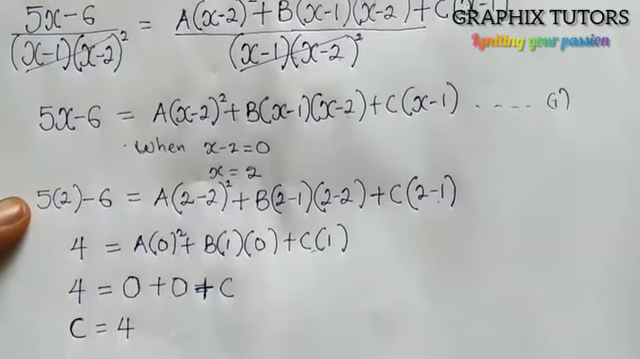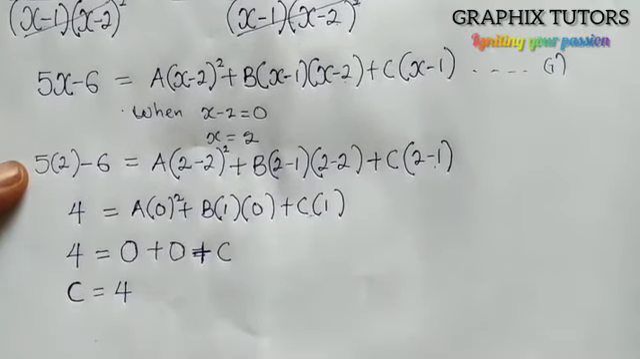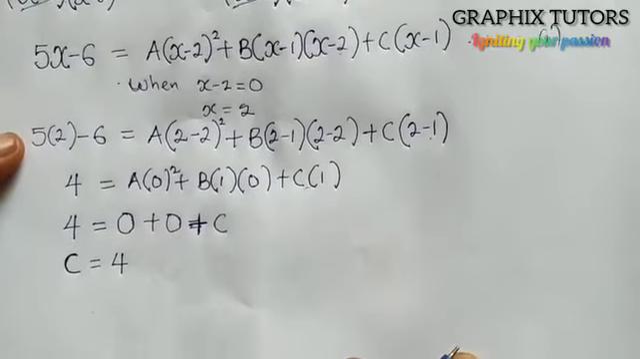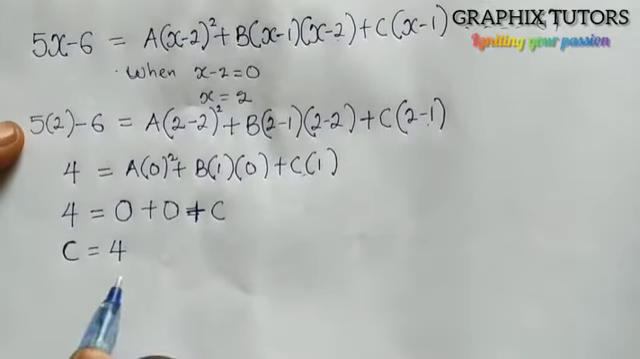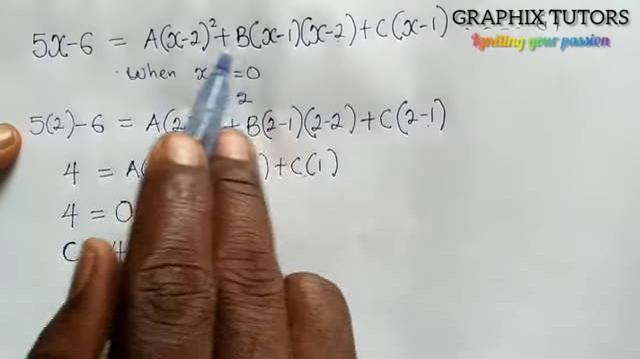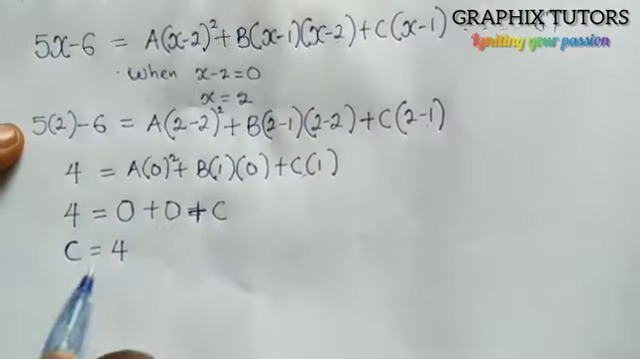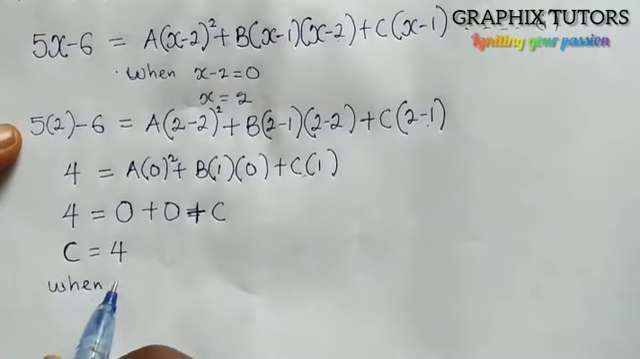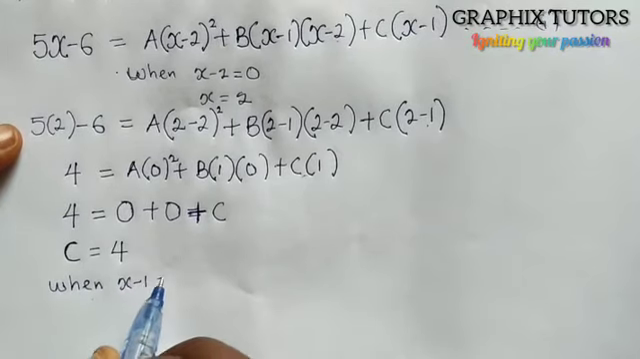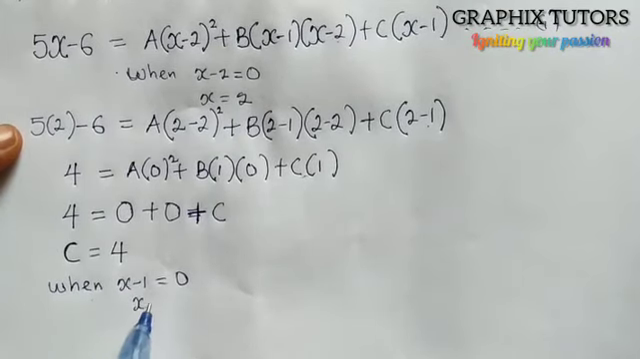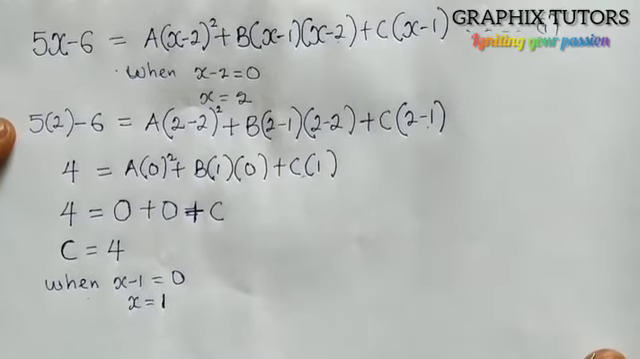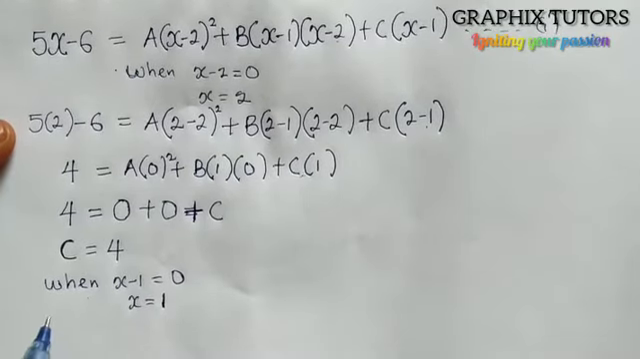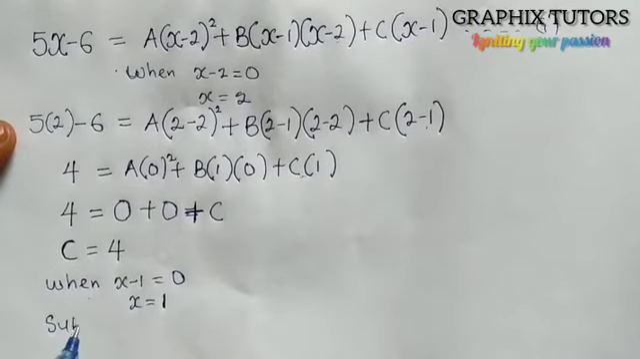So my c here is 4. The next thing I'm going to do, from the same place, I have x minus 1. So I'll say that when x minus 1 is equal to 0, then x is equal to what? 1. Because when minus 1 is coming here, that will give us 1. So I'm going to substitute